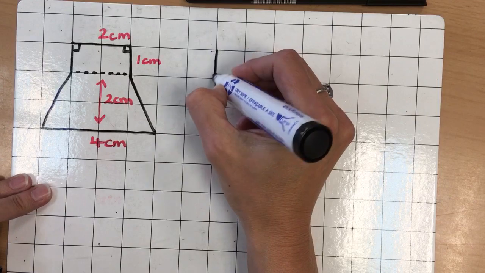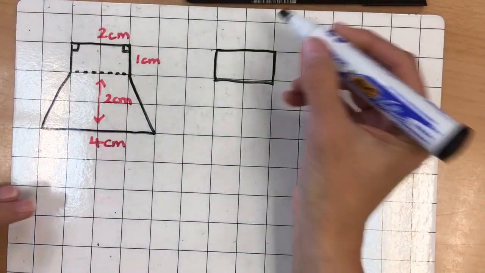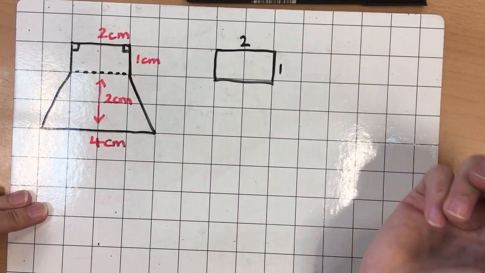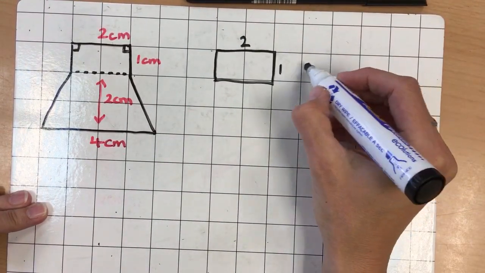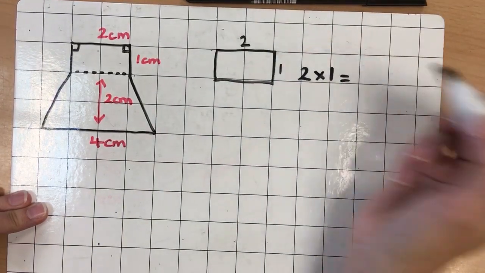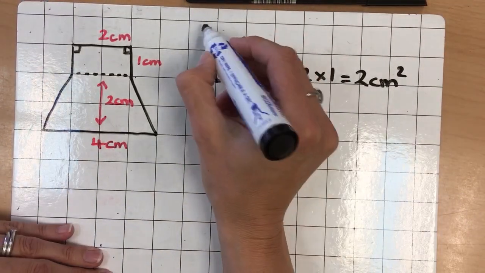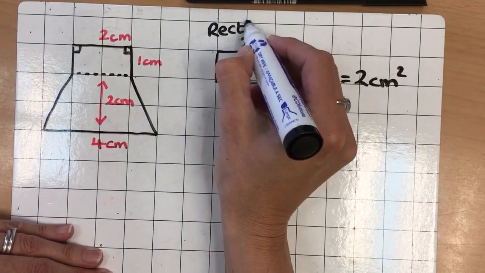So if I pull out the rectangle, now I know because I'm using squares that it is a 2 by 1, but if I'm just doing this without knowing it was to scale, 2 times 1, base times height, is 2 centimeters squared for the rectangle. So we have a rectangle,